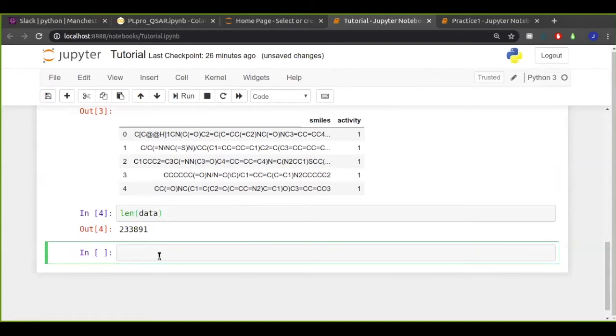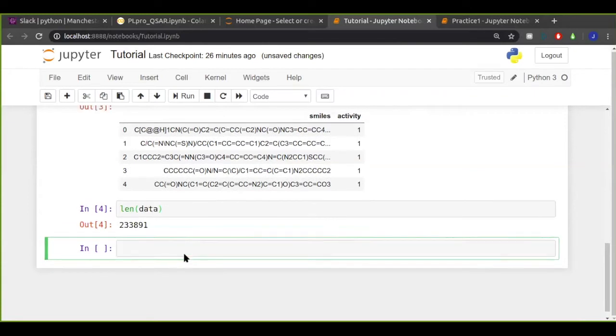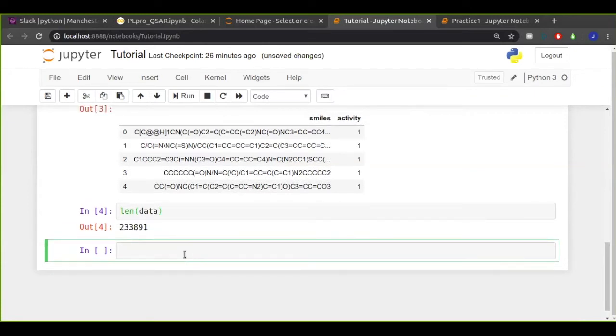So it means that if we were to do a for loop to iterate over each row to do a particular task, it might take quite a long time. But let's have a look at how many hits we have in the whole thing. Let's do some pandas commands. So to select the activity column, I'm going to use the shortcut to the locate command, which is pretty much just square brackets and the name of the column in question.